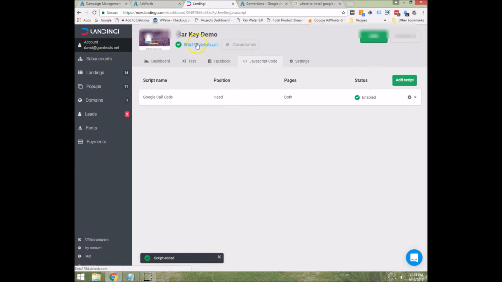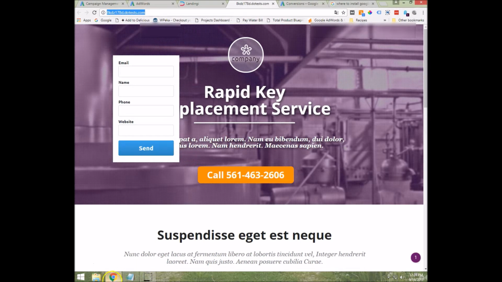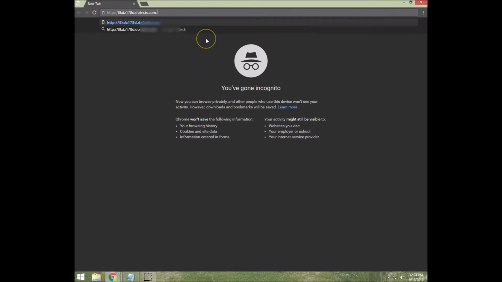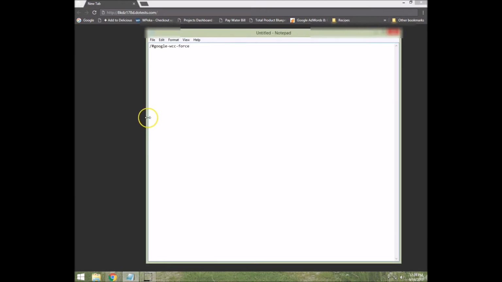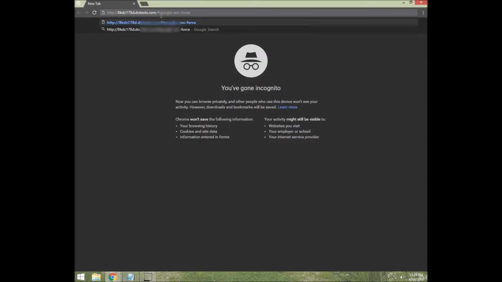So now let's go to the website and I'll show you how to do a little test. Actually, what you're going to want to do is open a new window in incognito mode. And paste your URL here, and then Google has a little snippet, and this is what it looks like. It's a slash, I don't know if you can see it, pound Google WCC force, and if you put that at the end of your URL, so I'm going to replace the slash. So it's my URL slash the Google code, and if we click OK,